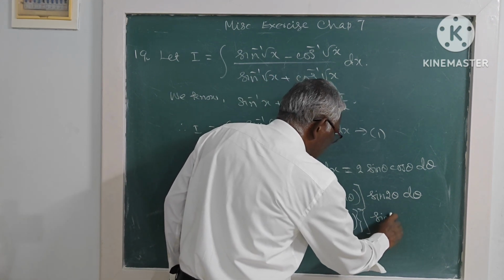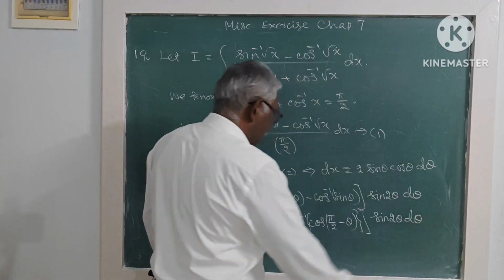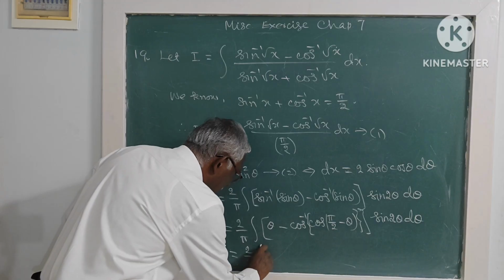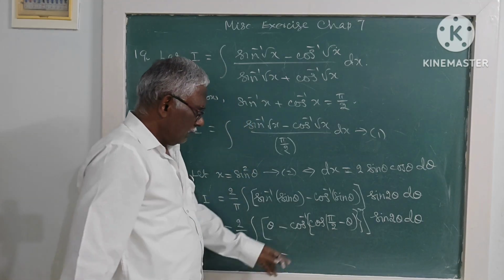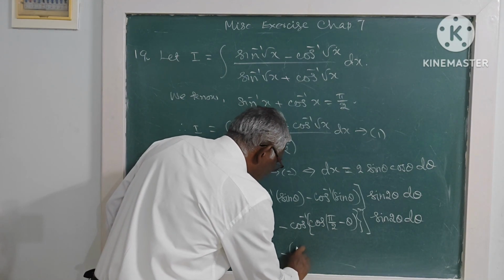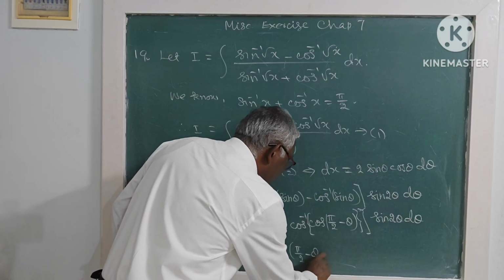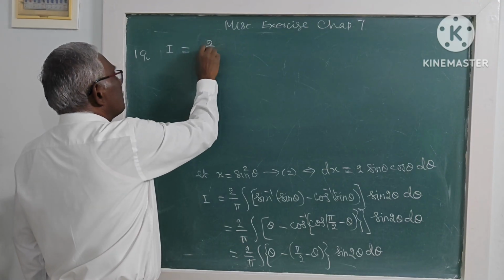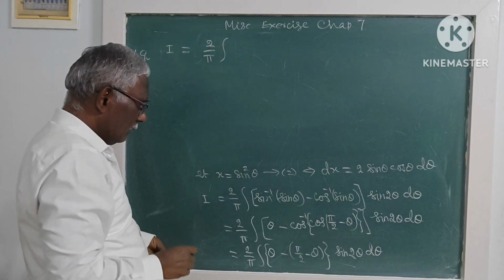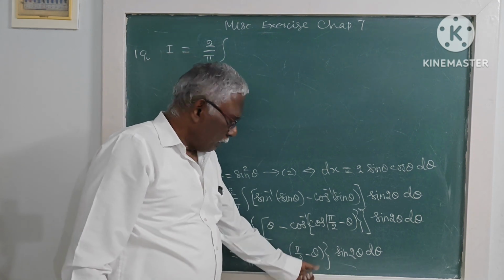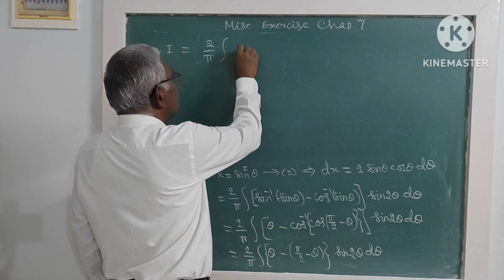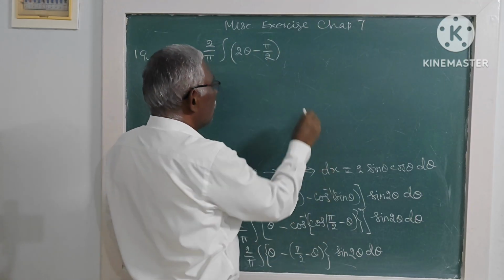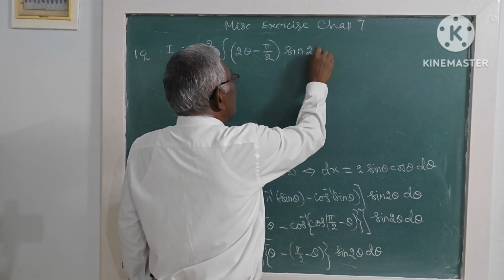Into sin 2 theta d theta. So this becomes now 2 by pi integral theta minus pi by 2 minus theta. Therefore, I is equal to integral theta minus pi by 2 plus theta, so 2 theta minus pi by 2 into sin 2 theta d theta,